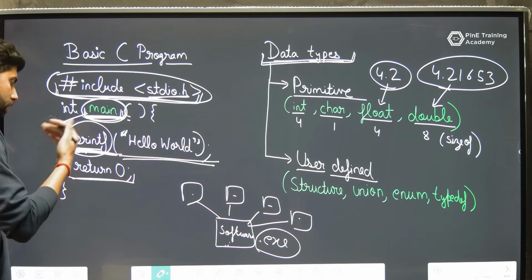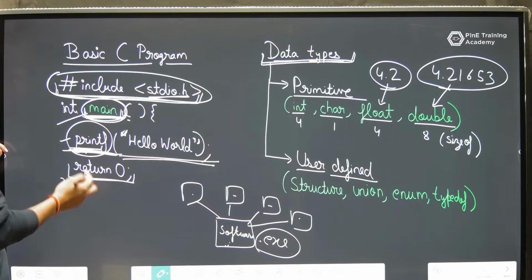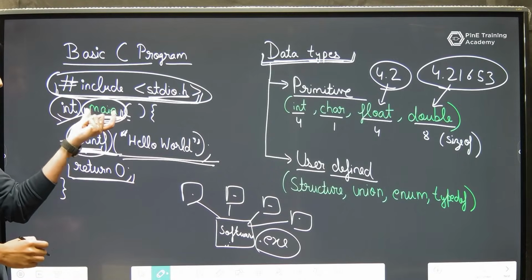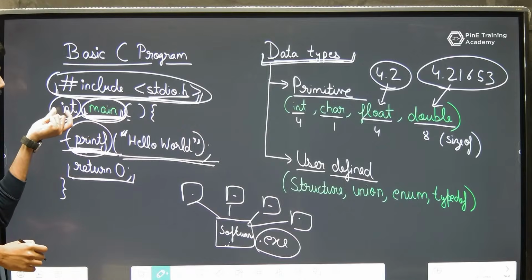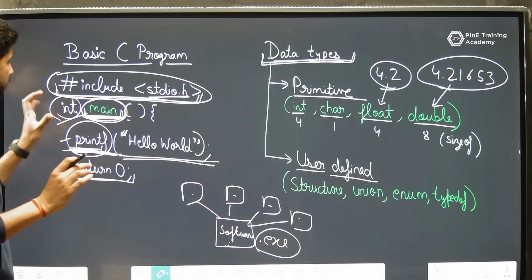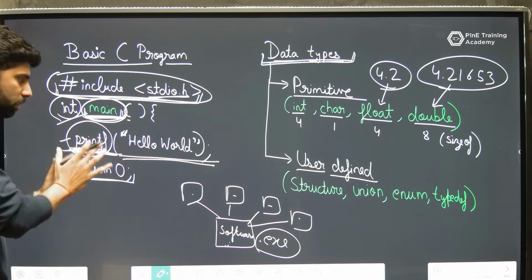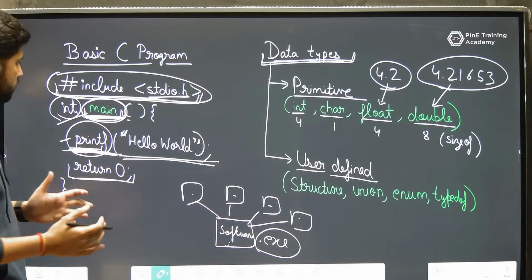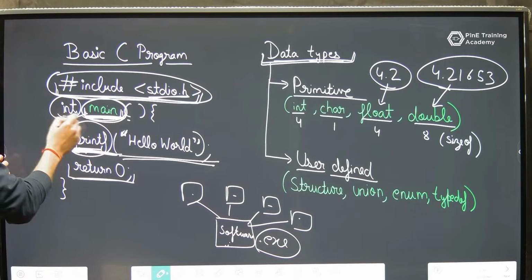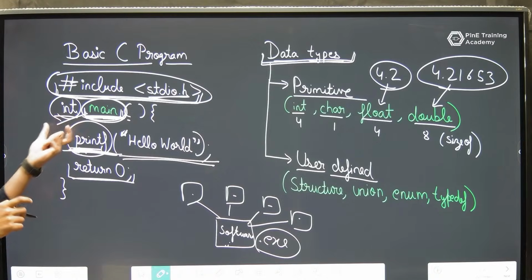At the end I have written return 0. Why have I written return 0? Because with this main I have written int. That means a data type of int will be returned from the function. We will look at functions in later classes. Just understand that this main is a function and this is the return type of the function, and that's why